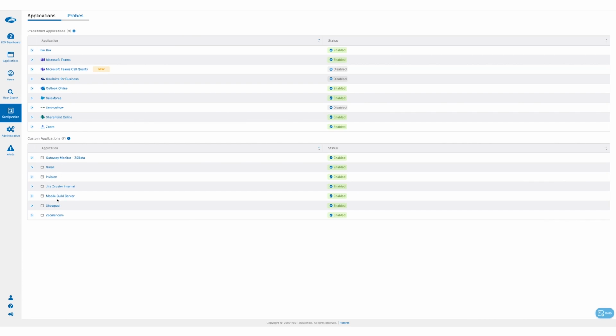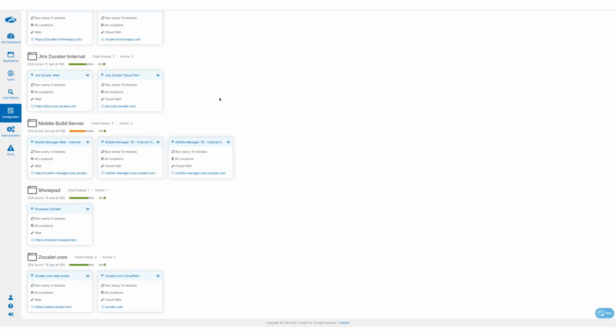So now I'm going to show you the configuration for CPA. We see here Jira. Jira is one of the internal apps that we are monitoring through CPA, or that we have access through CPA, and the configuration is very simple. It just requires, like any other web probe, a URL, and like any other cloud path, a host name. We don't need to add any CPA specific parameter. We don't have to go and check the dashboard. We did the work for you so that the configuration is just trivial.